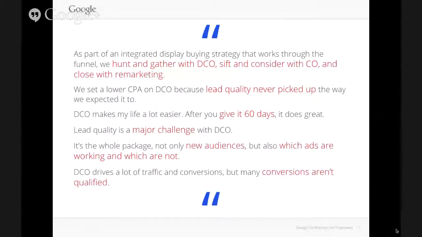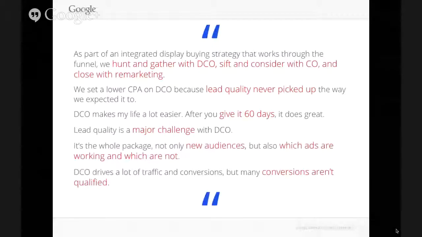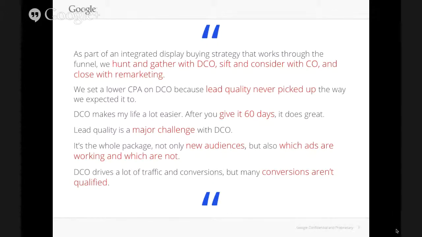But then we still come back to the recurring issue that some clients view lead quality as a major challenge. And the last two: one client found it to be the whole package, not only new audiences, but also which ads are working and which are not. And then finally, another quote from a client: DCO drives a lot of traffic and conversions, but many conversions aren't